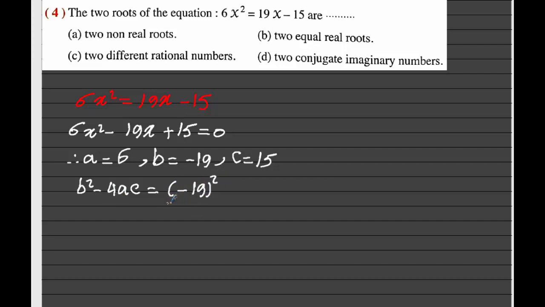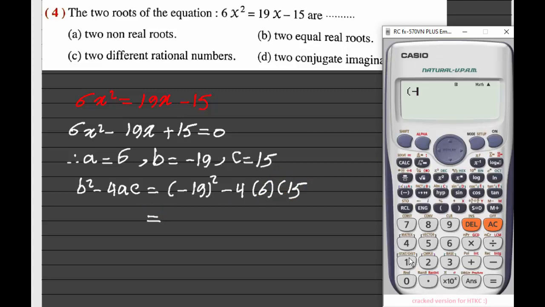Always put the negative number between two brackets. Minus 4 multiply 6 multiply 15. Negative 19 power 2 minus 4 multiply 6 multiply 15. The result equals 1,